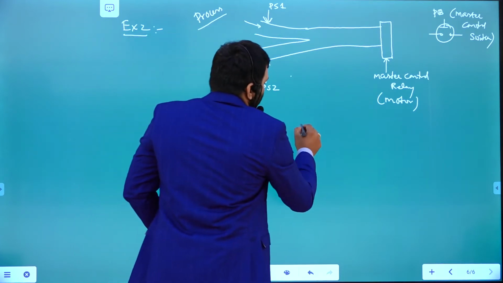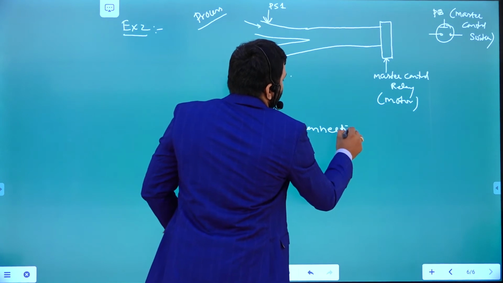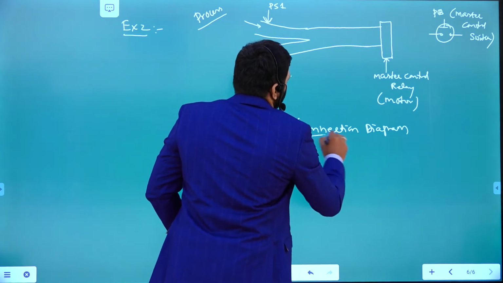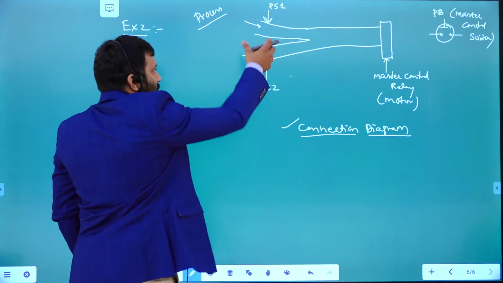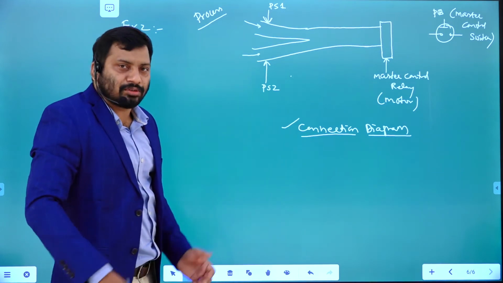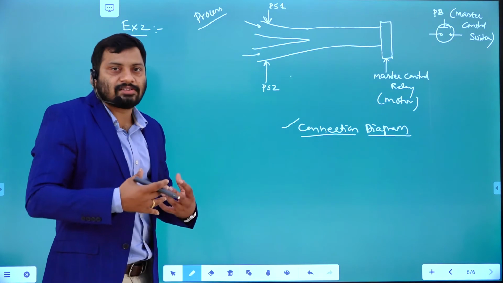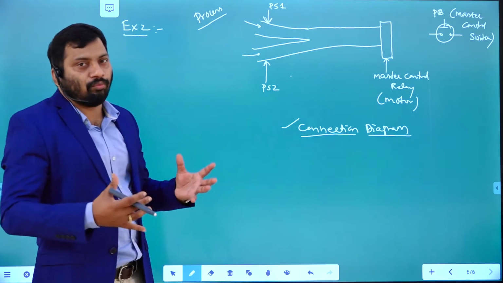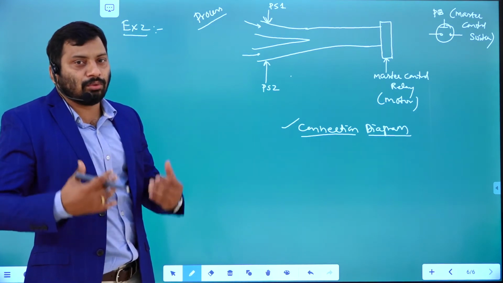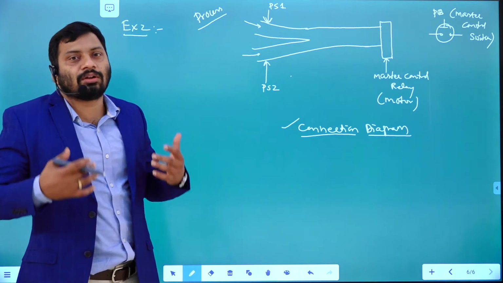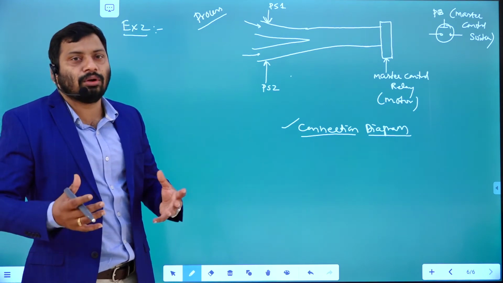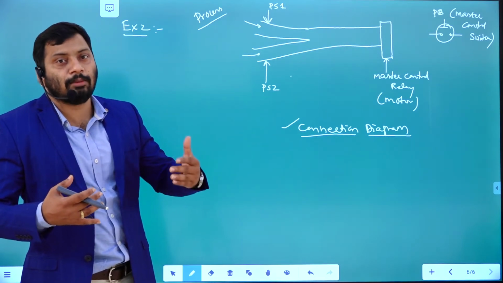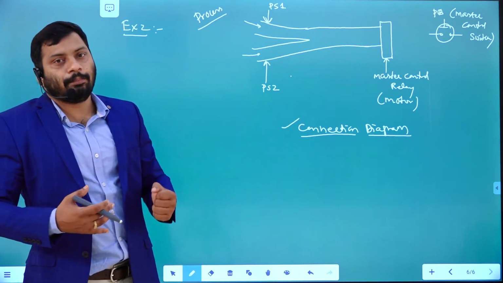Now we need to connect this particular connection diagram. Look at this connection diagram, right? We need to connect these inputs and outputs to the PLC module. Same thing for every application, how we are going to connect sensors and actuators to the PLC input and output module. In the similar way, here also you need to connect. Once you connect, then only you come to know to what terminal you connected the input sensor and to what terminal you connected the actuators. Based on that only you can write a program, right? You need to give this connected terminal address to the contacts in the PLC logic.